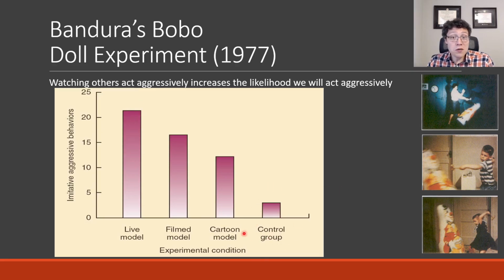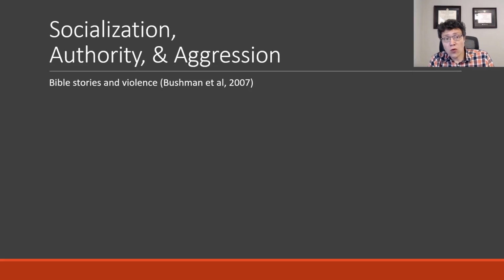If they just see Bobo sitting in a room, yeah, they might push him over, but they're not going to do things like grab a hammer or threaten Bobo's life. Something very interesting here. Another type of authority we can think of comes from religion, right? And this is a fascinating study